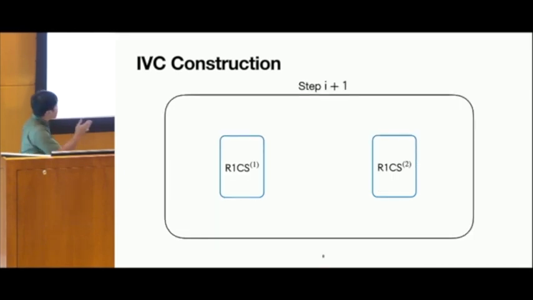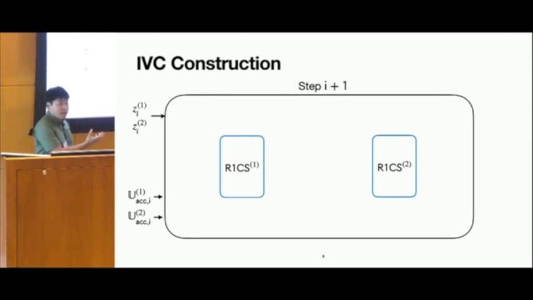So here, I've just moved the primary and secondary constraint systems, and we just zoomed into that one box. The IVC prover takes in as input, of course, the function inputs, but also takes in these critical elements. You can think of these elements as commitments, but they're called accumulators. So we have a primary and secondary accumulator, which accumulate the claim that the primary constraint system and the secondary